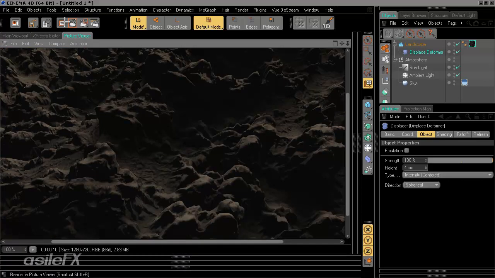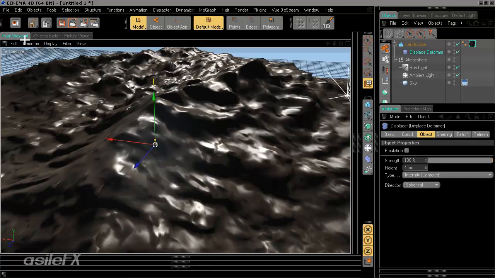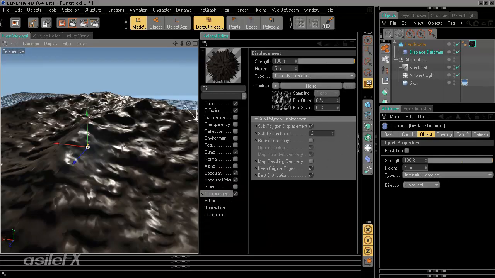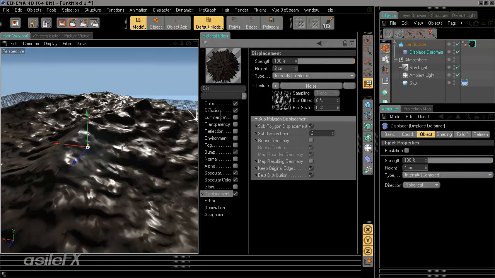When using this separated mode, based on the shading and a separate height value, you do have to be a little more careful when you're controlling the clones because you're going to still have that extra displacement from the material channel. So if needed, you can reduce the intensity of the material displacement separate from the displaced deformer by setting up different height options